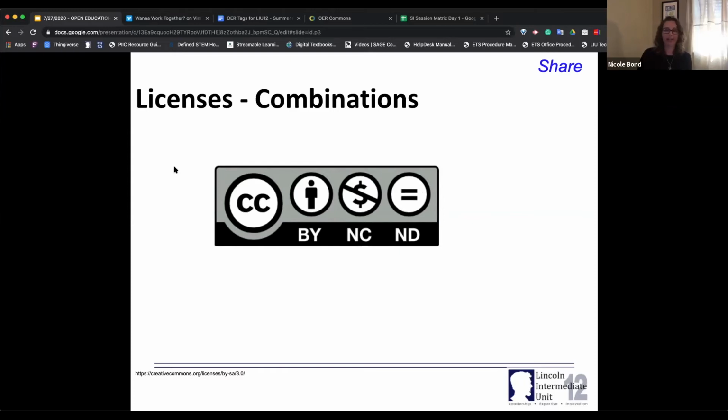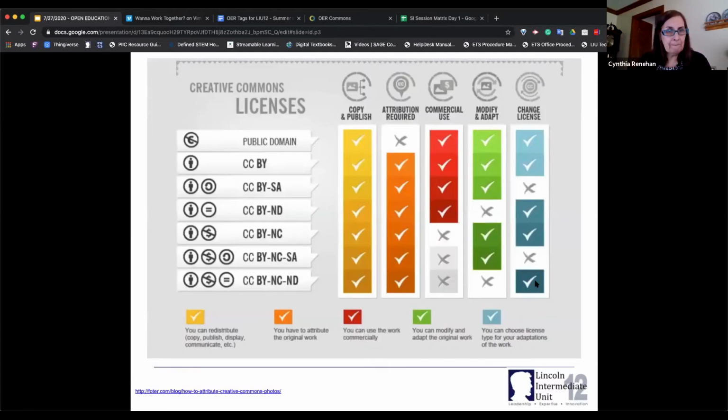I'm just going over the share alike licenses. Overall, this screen is probably the best one for Creative Commons licenses. I always say, save this image somewhere. Nobody wants to memorize Creative Commons licensing, including myself, though I have it from having presented this a couple times.